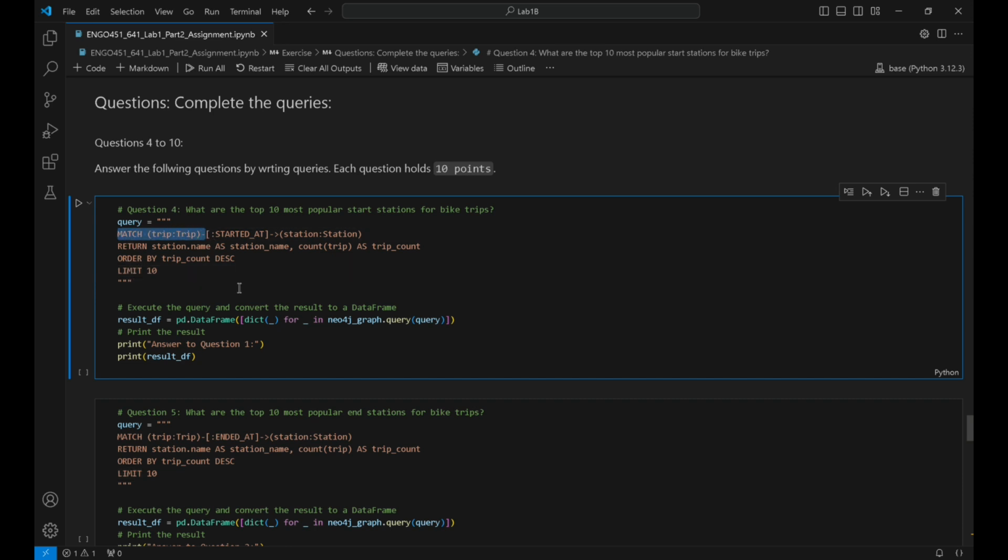The query begins with MATCH (trip)-[:STARTED_AT]->(station). This line matches all trip nodes that are connected by the started at relationship to a station node, identifying where each trip began. Next, we use RETURN station.name AS station_name, COUNT(trip) AS trip_count. This part returns the name of each station and counts how many trips started at that station, aggregating the results